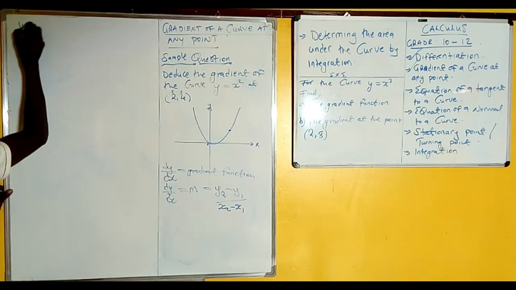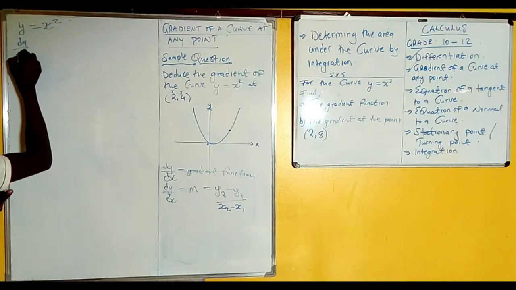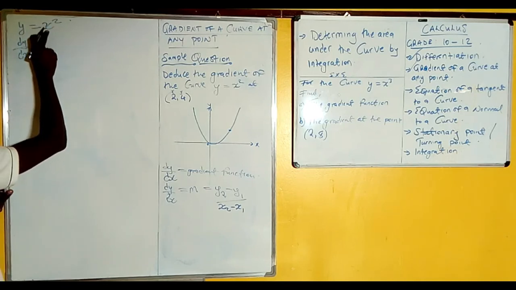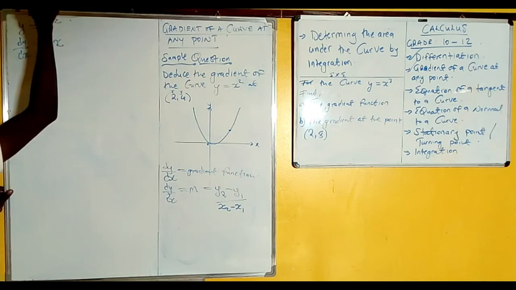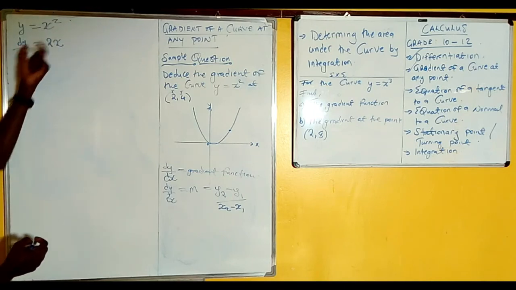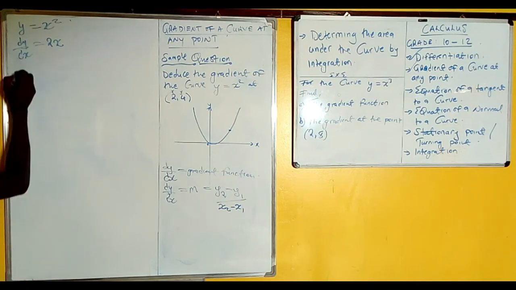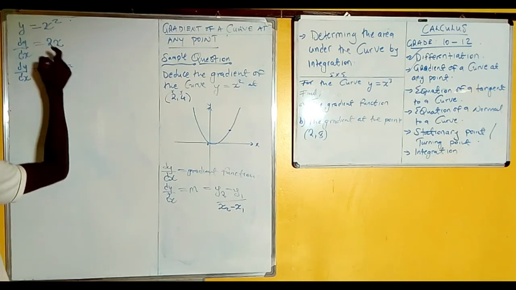So y is equals to x squared, dy by dx will simply be equal to, you bring down the 2 here, multiply it with x, so it will just remain 2x, because 2 minus 1, it will still be 1. So this is our gradient function. Okay, so if this is our gradient function, then we know for truth that dy by dx is equals to the gradient, which is equals to, in this case,